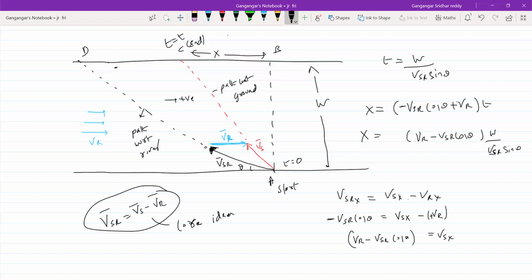So the method will be the same, no? You can see here any situation. When you're getting a question, you have to be very careful. If it says up the stream, VSR you have to assume against VR bar. So this is the condition. If it says down the stream, see the very first diagram. If it says normal to the river current, VSR bar will be perpendicular to VR. If it says up the stream, the horizontal component of VSR should be against VR bar. Okay. If it says normal to river current,